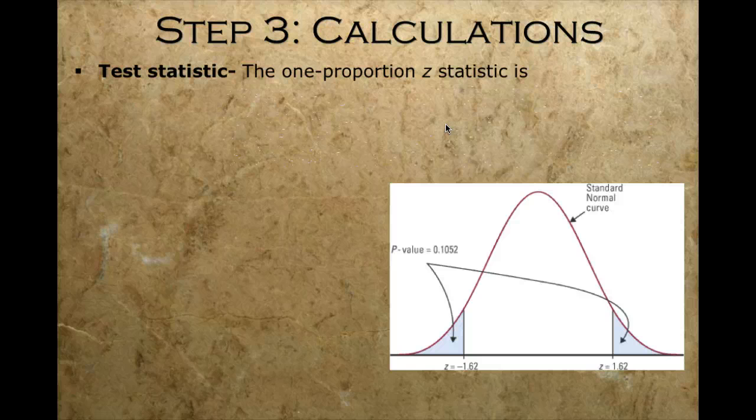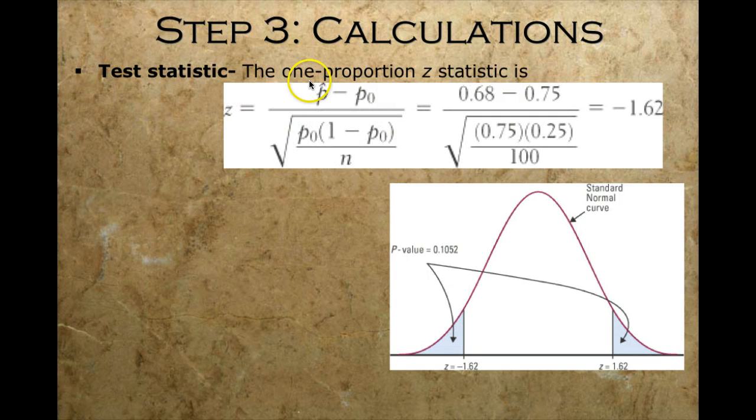Now my test statistic in this case is going to be found by taking my sample proportion minus my hypothesized value over the standard deviation. Now notice, once again, I have not proven my null hypothesis value of 0.75 incorrect yet. Therefore, notice that I'm plugging in 0.75 in my standard deviation. Common mistake that people make is plugging in their sample proportion, when at this point I have not proven it incorrect yet. So I get a test statistic, a z-statistic, of negative 1.65, which falls right about here on my